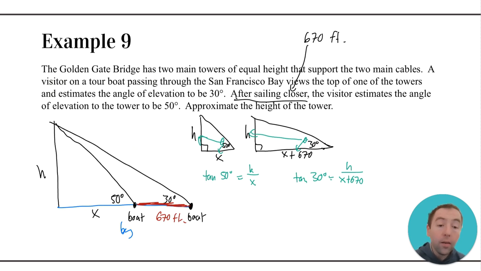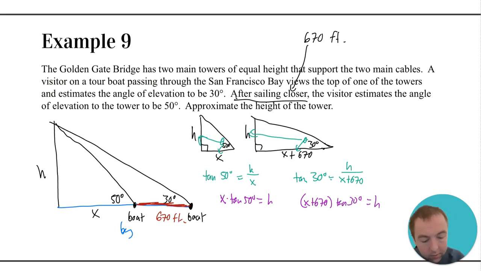Now, what we're trying to solve for, of course, is h. And so I could actually get h isolated in both of these triangles because I could say that in this first relationship, x times the tangent of 50 degrees is equal to h. And then in the other relationship, the quantity of x plus 670 times the tangent of 30 degrees would be equal to h. And so if this expression right here is equal to h, and this expression right here is equal to h, then I could set those expressions equal to each other,